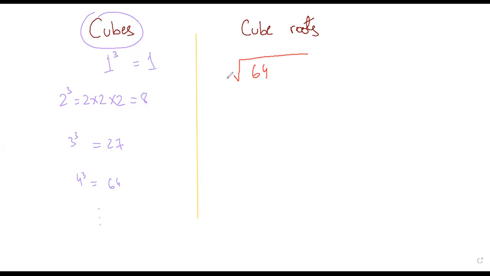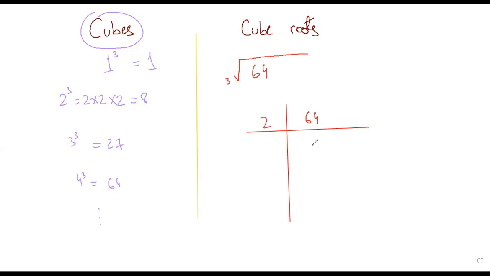ठीक है? क्यूब रूट में यहाँ पे एक 3 होता है. स्क्वायर रूट और क्यूब रूट में डिफरेंस होता है. स्क्वायर रूट में कोई नंबर नहीं होता, क्यूब रूट में आपके पास एक 3 लिखा होगा. अगेन स्टेप्स आर सिमिलर. मैंने अब क्या करना है, I need to prime factorize 64,